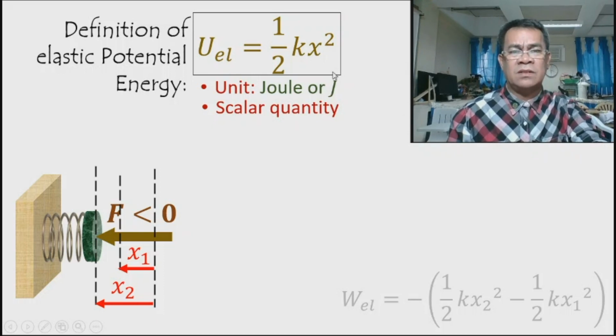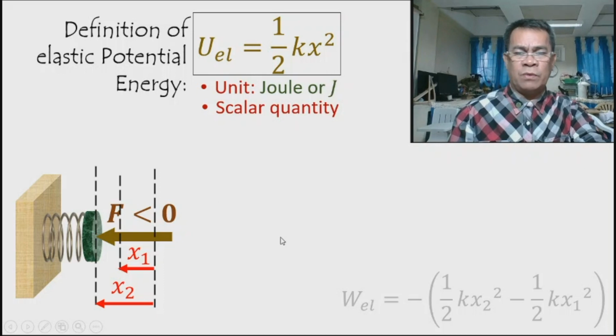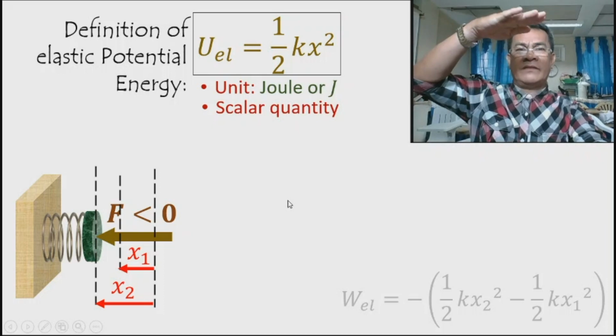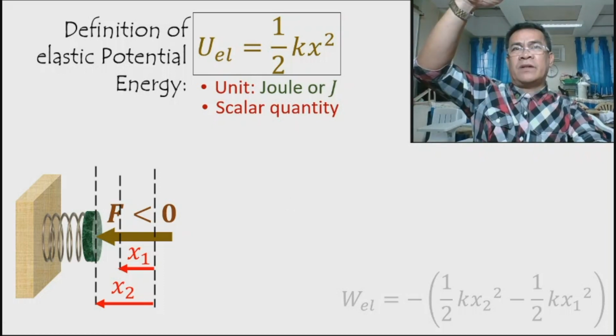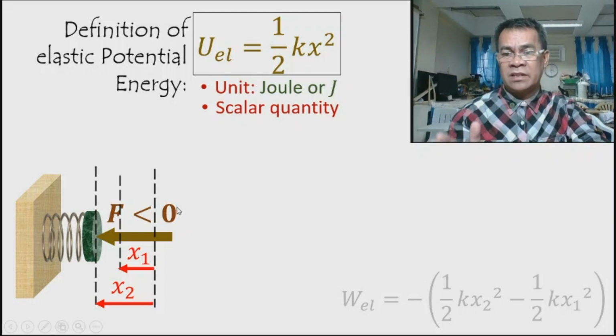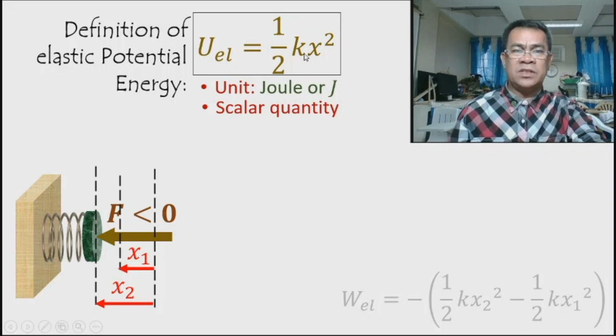It is the same whether you push or pull the spring. But take note, there is zero. Why? Because if there is no displacement, there's no energy. Remember, compared to gravity, if it is above the reference, it is positive; if it is below, it is negative; at the reference line, it should be zero. Our reference line here is the unstretched length. So if x is equal to zero, unstretched, then the energy should be zero. Whether you push or pull, the energy is the same.